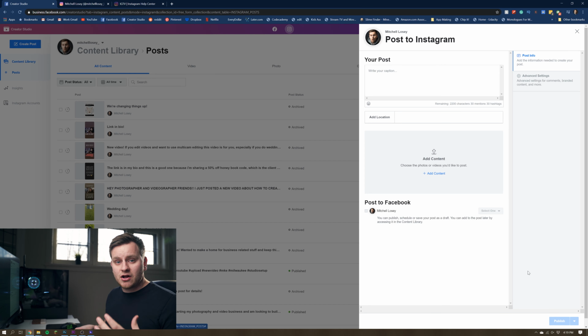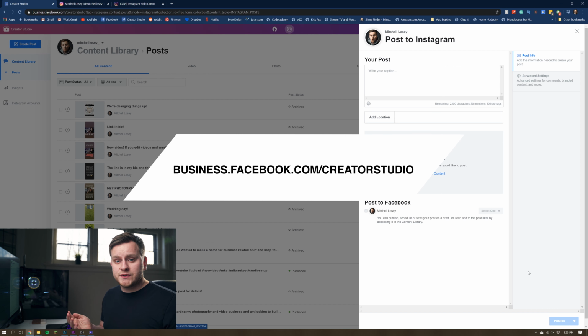So you can set all of your stuff up at once, and then you can let it roll out without you even having to do anything, which is super awesome and can save you a lot of time and a lot of headache. If you're always worrying, oh my gosh, I have to post an Instagram post today, you don't have to do that anymore. You can just sit down for an hour or two, schedule it all through here, and it's super easy to do. If you want to get to this and you already have a business account for either Facebook, for a Facebook page, or just through your Instagram, all you have to do is go to